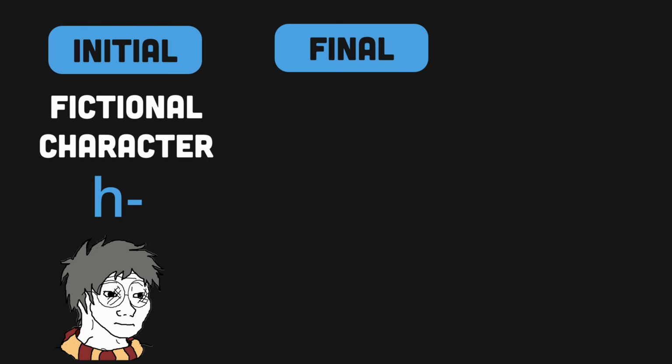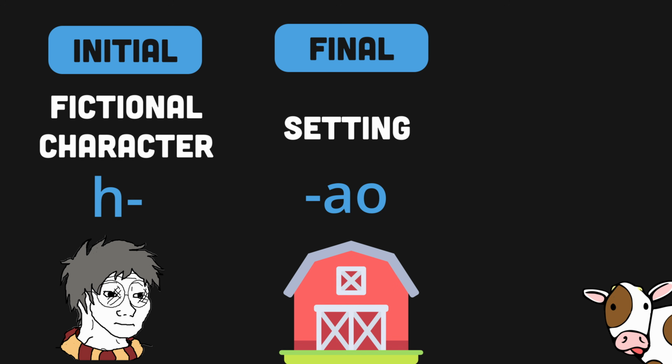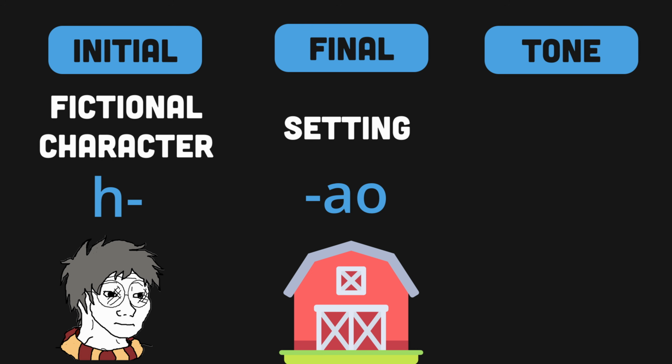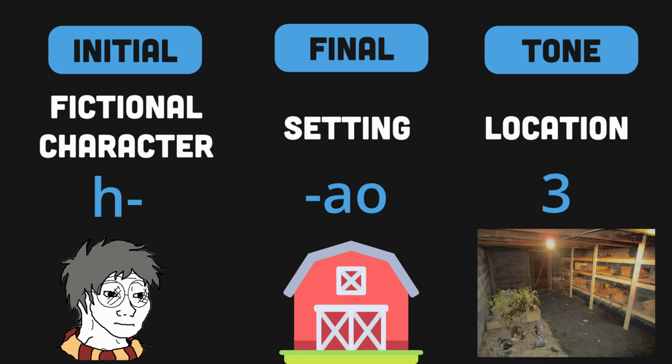The pinyin final can be associated with a setting where a scene takes place. For the final ao, which sounds like the English word cow, we can visualize a barn because that's where cows go. The pinyin tone can be associated with a location within that setting. The third tone is the low tone, so we can set our scene to be in the cellar of the